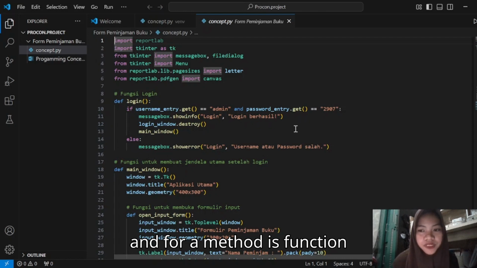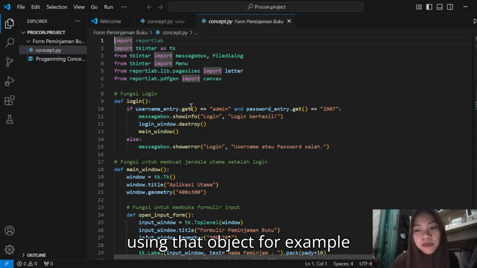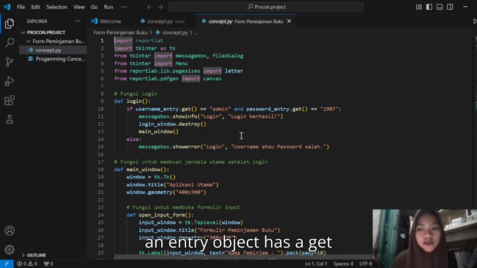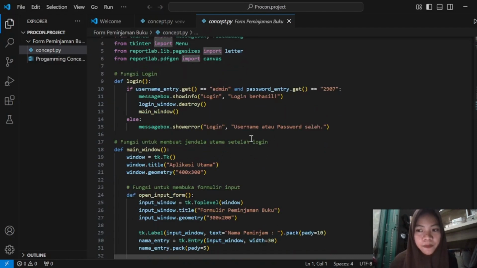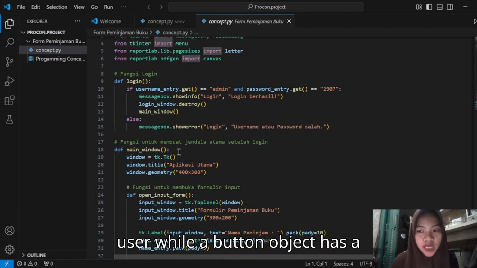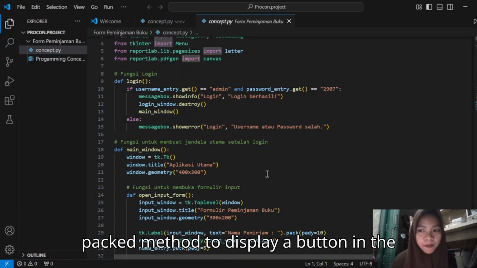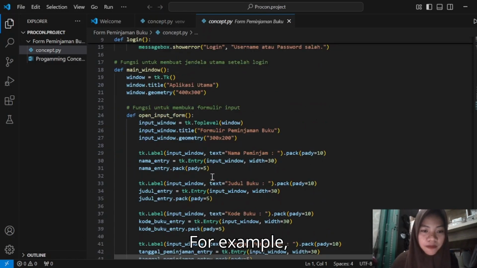And four, methods. A method is a function that is bound to an object and is called using that object. For example, an entry object has a get method to retrieve text entered by the user, while a widget has a pack method to display it in the user interface.